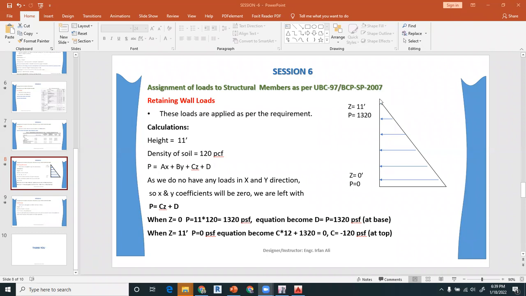What ETABS is doing at the top is taking Z as 11, right? But here at the top, we have pressure 0, right? Because we do not have any height to multiply with the density to get the pressure. So when we multiply this height 0 into 120, we get pressure 0. So at Z equal to 11, the pressure becomes 0. So when we put these values to calculate the value of C, the equation becomes C into 12, right? Plus, this is not 12, C into,